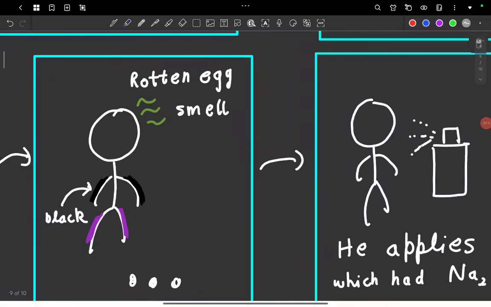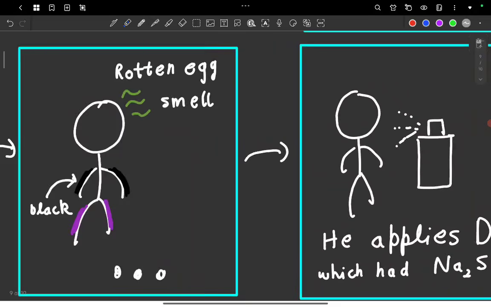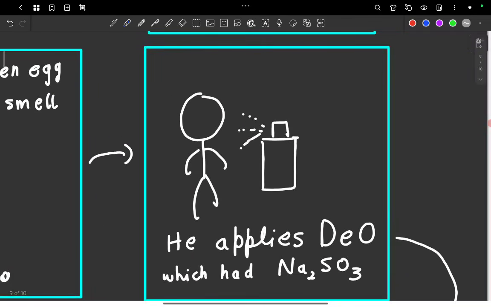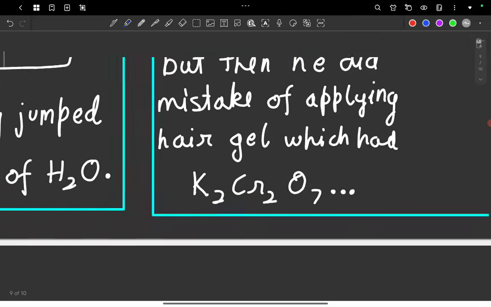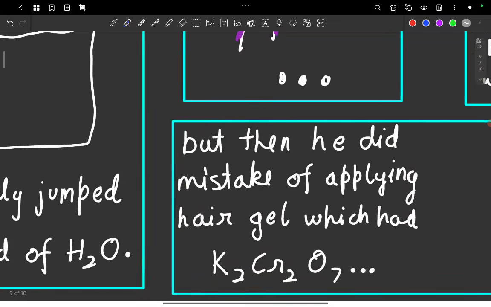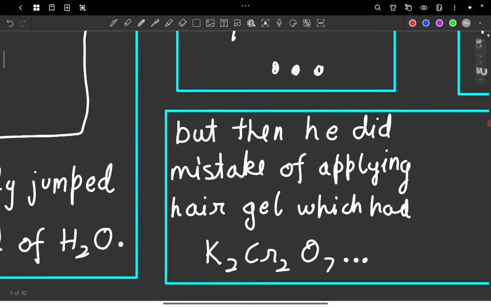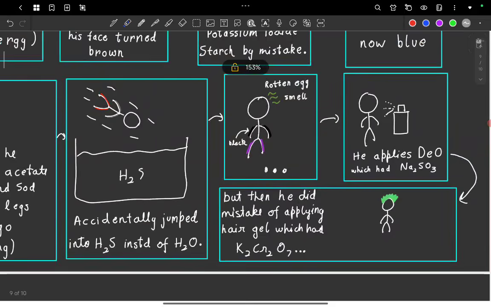But then he tries to remove the rotten egg smell by applying deodorant. And his hair had gone bad due to the H2S. So, when he applied the deodorant, he forgot to notice that the deodorant had sodium sulfite. And the hair gel which he was applying to fix his hair had K2Cr2O7. So his final mistake was this, and hence,